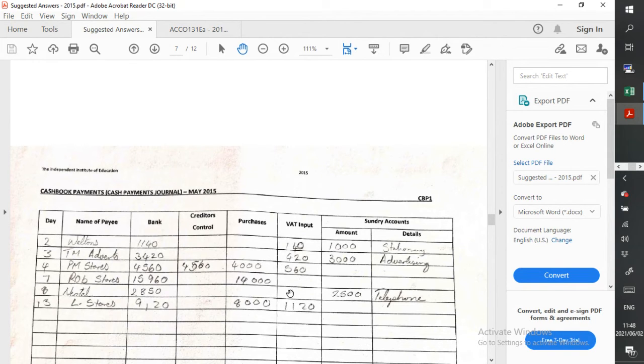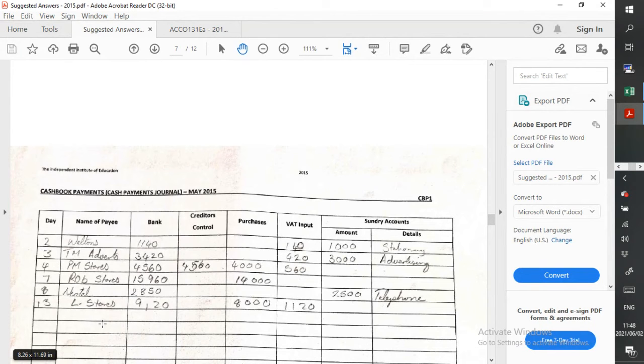Then we know we're actually supposed to calculate VAT as well there. So that should be 350 over there under input VAT. And then finally under sundry, we have our VAT exclusive, which is 2,500. Okay. Then the last one that we have for the cash payments journal happened on the 13th, and then